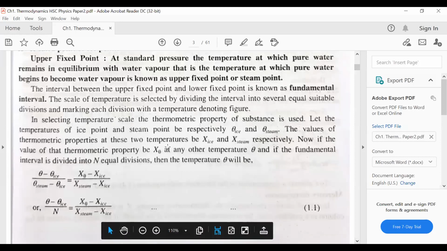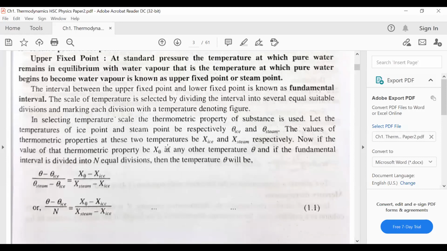And the third one is the Kelvin scale. So these are three of the scales. So when we are determining the scale, we have to know what is the lower fixed point and what is the upper fixed point. Now, when you know the thermometric property, how to calculate the temperature, that is using this